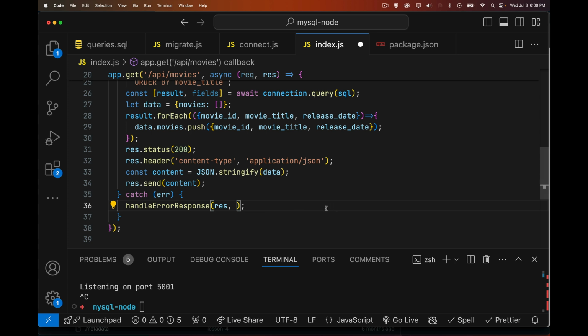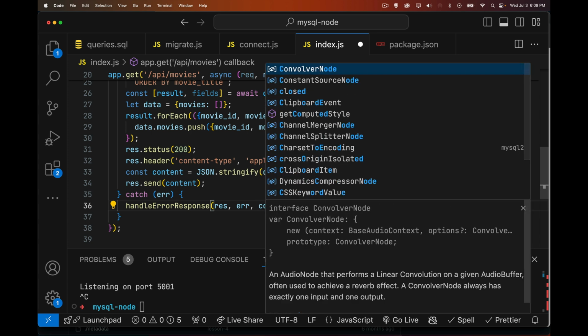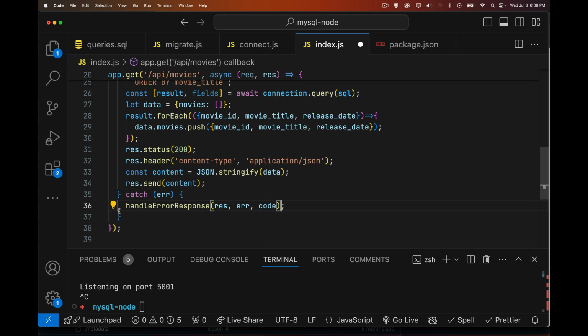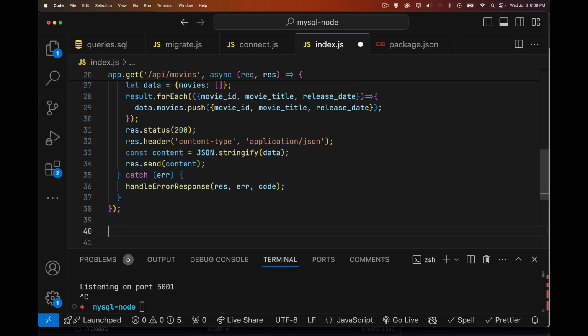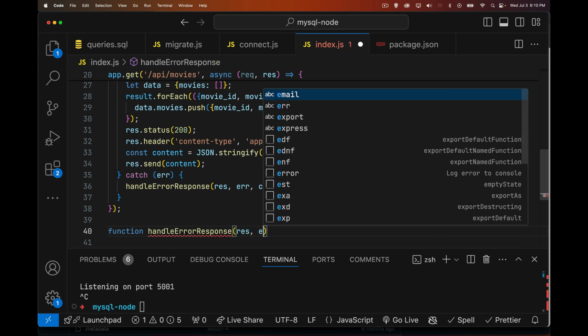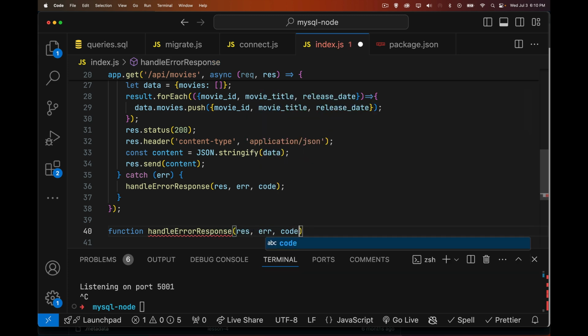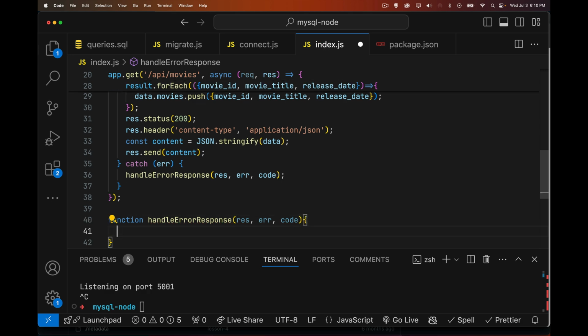I'm going to need to have the error object. Hey, what went wrong? And maybe an HTTP code. So these three things, let's create our function here. So function handle error response, which is going to get a response object, an error object, and a code. So with those three things,